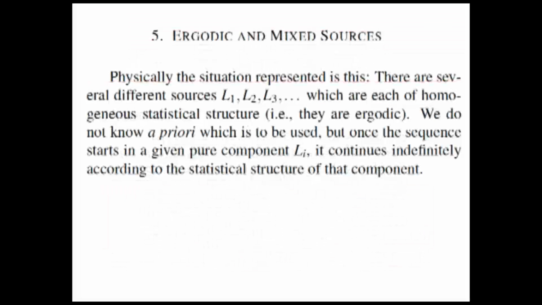All right, so then he comes and tells us about ergodic and mixed sources. In fact, when he says ergodic here, he means Markov, ergodic Markov chains. So fully connected and aperiodic, and what is the other thing? Positive recurrent. Although in this case, he's just thinking about finite processes. And then he talks about mixed sources. Mixed sources meaning non-ergodic sources. So non-ergodic information theory actually started in 1948.